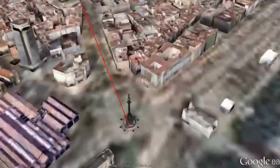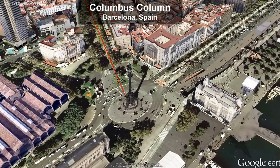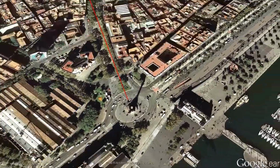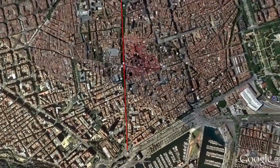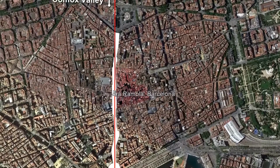As has been noted, the potent Columbus column marks the spot where Christopher Columbus returned from his first voyage to the New World. This spot is a nexus for visitors, as the column oversees a major ferry terminal while standing at the foot of La Rambla, possibly Barcelona's busiest tourist attraction and most important street. This anchor point defines a line from the Comox hexagon apex that threads straight up La Rambla,